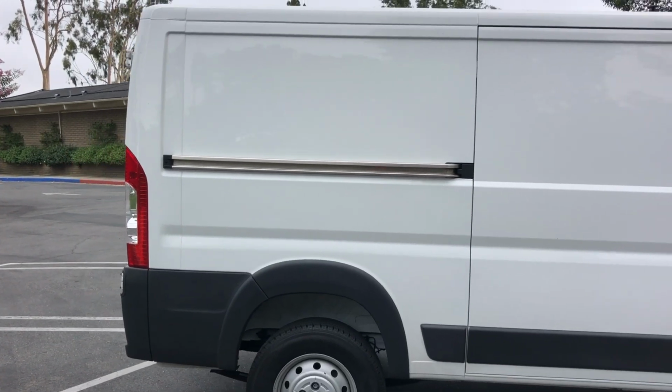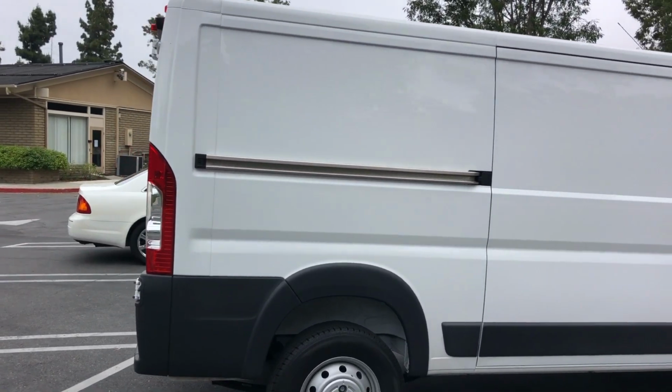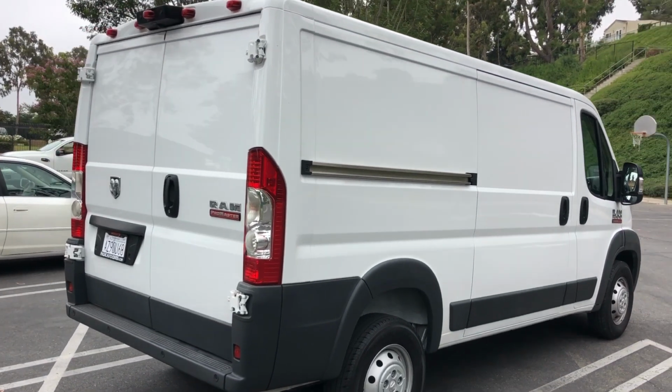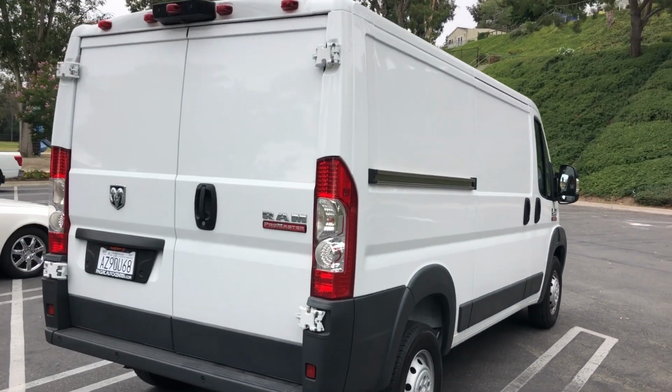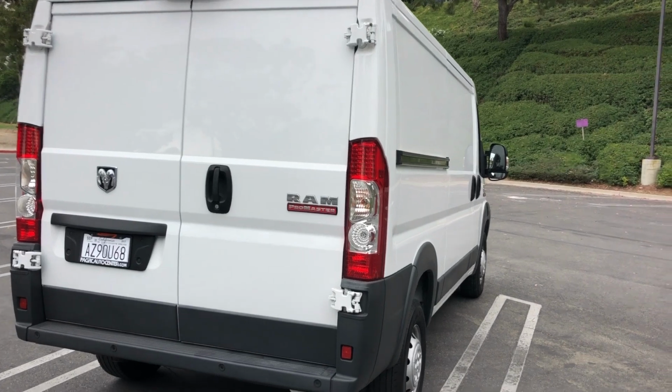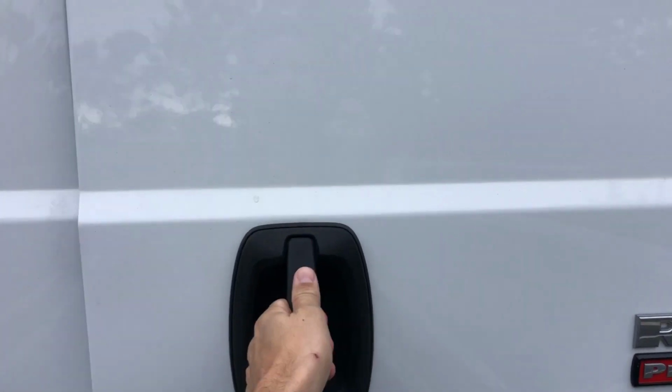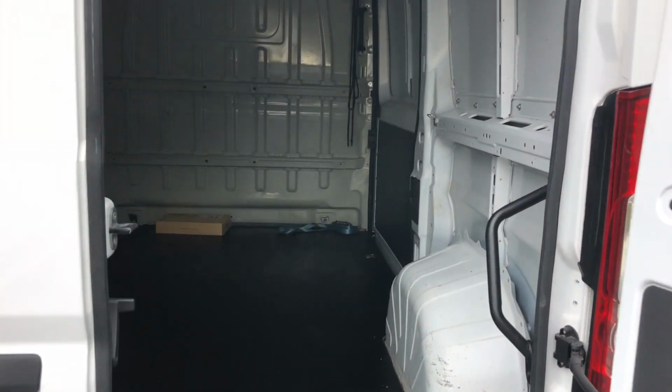And I went to 4 dealerships, multiple visits, plus searching online, and it's difficult to find a no window version, and I was successful. And then this one came with the factory partition,